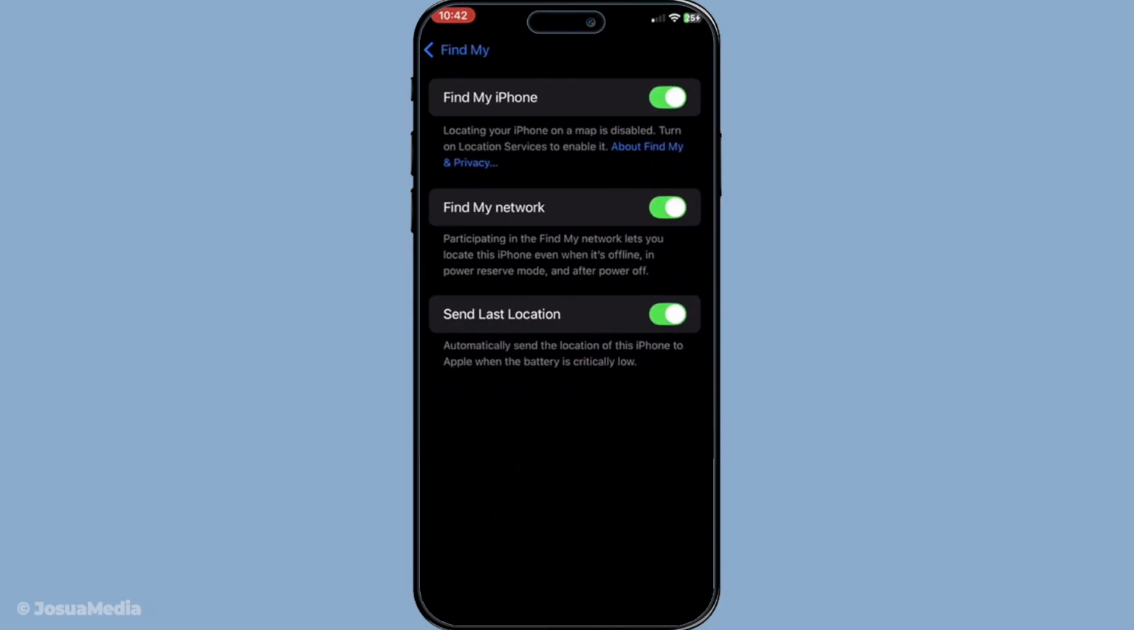Find My Network is particularly useful as it lets your device be located through other Apple devices, even if it's offline. Sending the last location is a great safety net. It allows Apple to store the last place your phone was when the battery was critically low. With the Find My feature now configured on the new phone, let's move on to sharing your location with another